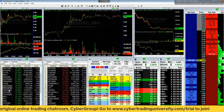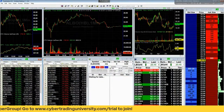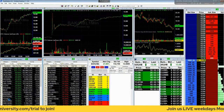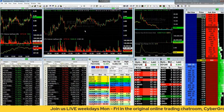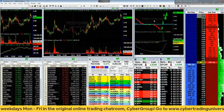Chuck is also excited about the Peggy from earlier, which we'll jump to next. That's a couple down here. That one had more volume on the book, at least the last few days. So we'll check in with that. My scanner's refreshing there briefly. All right, so Peggy pushing back on up to 5, but actually this is looking pretty good because it's breaking